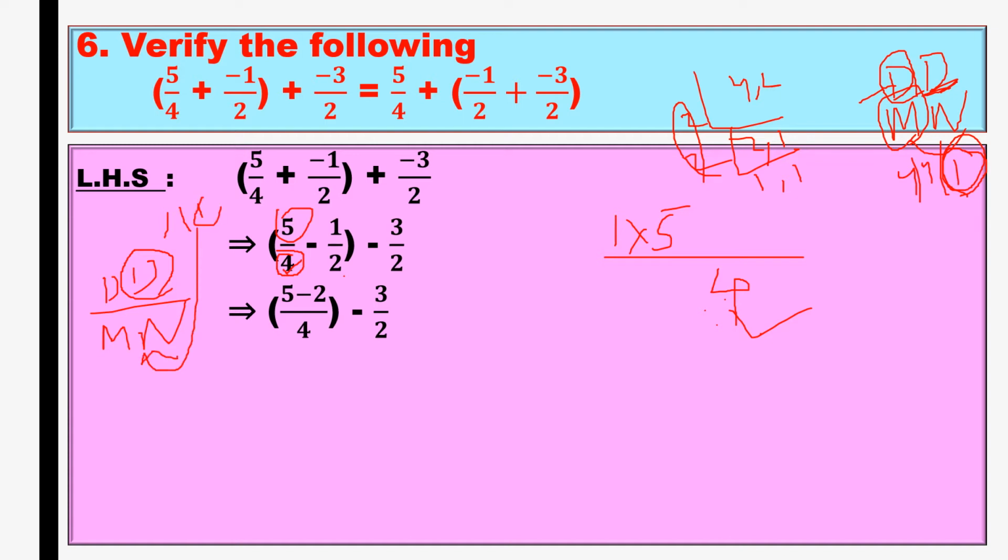Okay, so here we finished with this one. Next, in between there is minus symbol, so I'll put minus symbol. Now again denominator you should take and divide with the LCM, right? So divide denominator means 4 divided by 2, you will get 2 as your quotient, multiply with the numerator, which is 1. Okay, so 1 5's 5 and 2 1's 2. Clear? Minus 3 by 2.